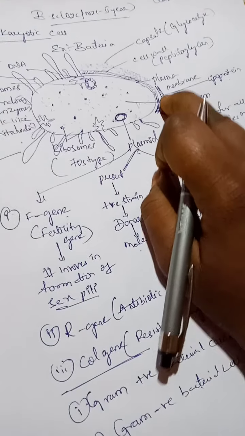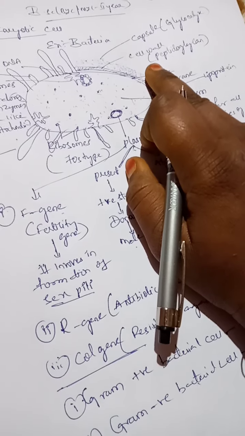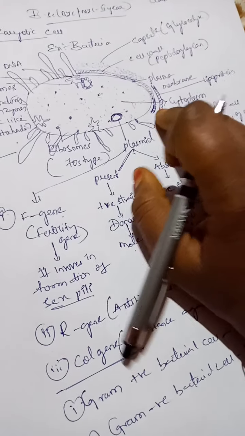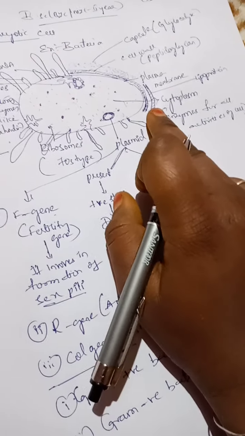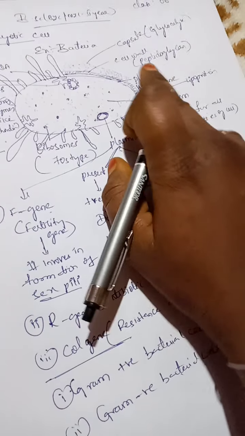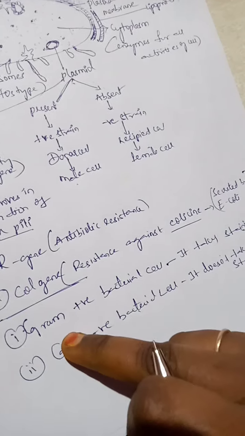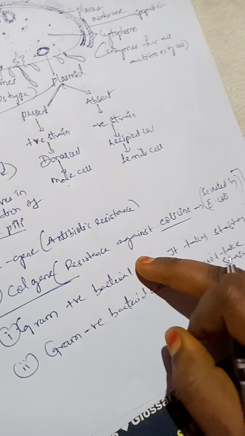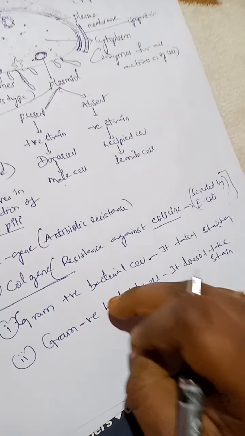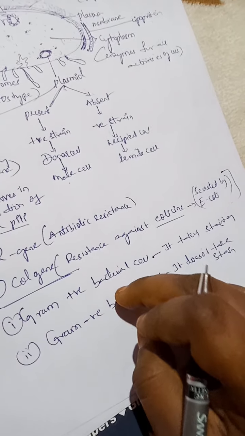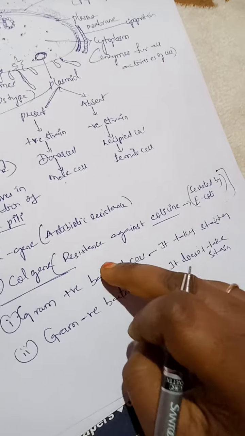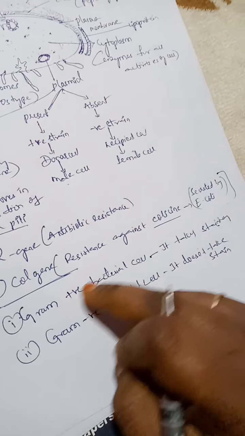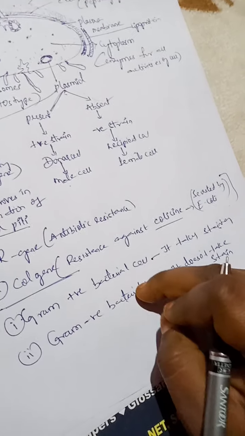If the bacterial cell takes the stain through the cell wall, because there is no extra layer made up of lipoprotein, it can take stain easily. So that stain-taking bacterial cell is called a gram positive bacterial cell. Like this, based on the staining technique, we can differentiate prokaryotic or bacterial cells into two types, gram positive bacteria and gram negative bacteria.